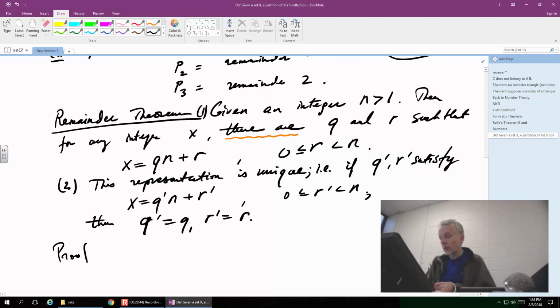So since we proved part one with the Euclidean algorithm, it was in fact constructive, which means that we actually were able to find R and Q. But it does not of its own indicate that there is no other way to construct them. So what is stated in part two, we have to just go straight ahead and prove it. So we have two pairs of numbers, X and N are fixed, and now we have two pairs, Q and R, and we have to prove them. It's not really that complicated once you write it out.